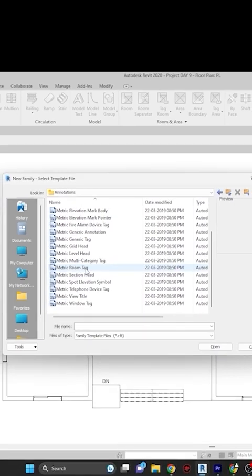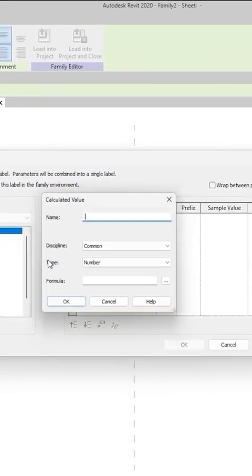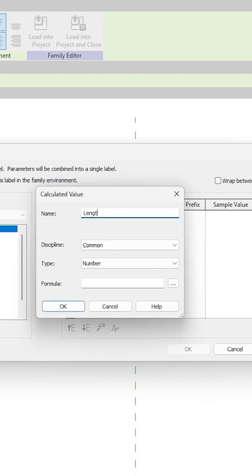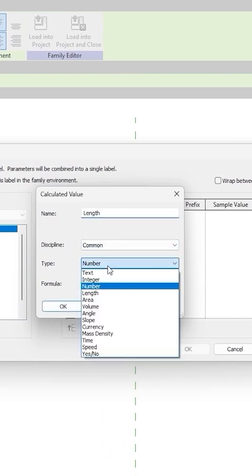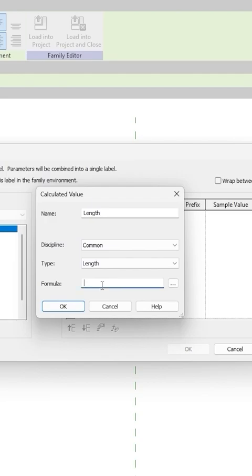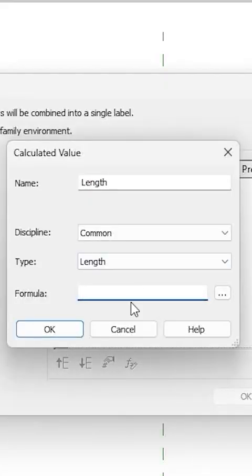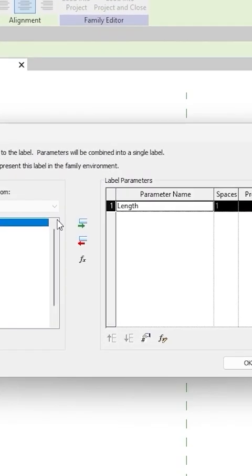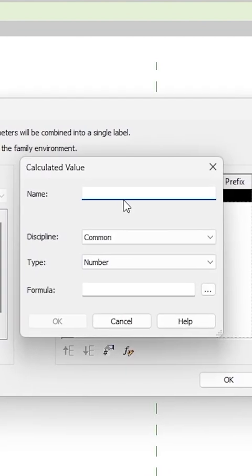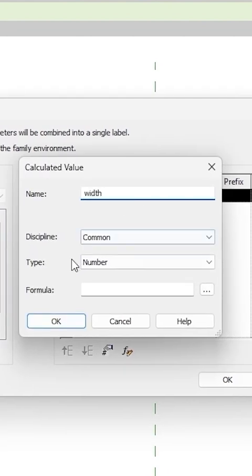and within the metric room tag, open it. You can find out label it, and go to click the vertical line, and we don't have a length. Let's create a length value, and discipline as same as it is, type length. Let's paste the formula. I'll paste it in the first comment, and then create a width, name calculated value, and